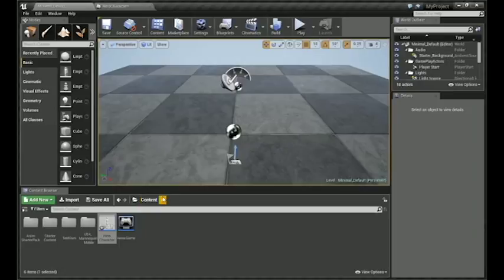So there's three things that you're going to need when you do this. We're going to put all the coding, all the blueprinting in the hero character, and then we're going to need a bullet, or the projectile itself, and then the material that goes over the projectile. And so first, let's just start with the projectile. So we're going to go to Add New. We're going to go to Blueprint Class. We're going to click on Actor. We're going to label this